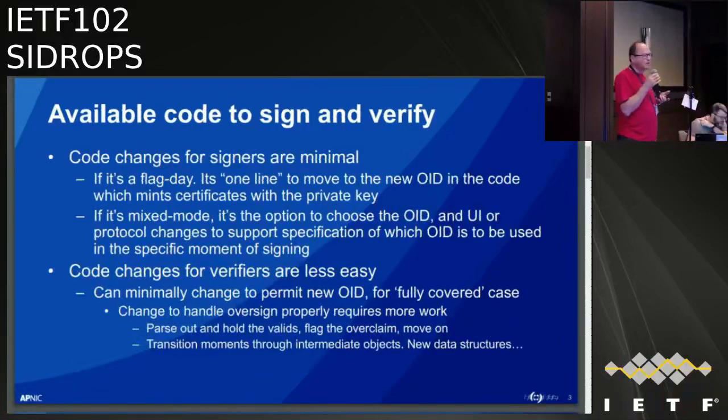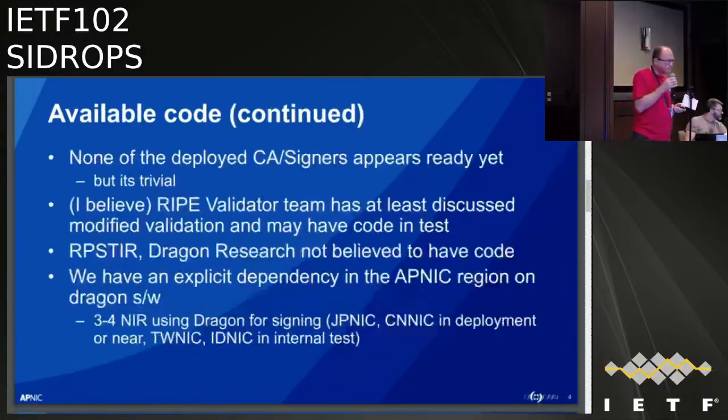But now we're saying, no, you have to go and get some malloc memory or some other space. You have to construct a tree of the things that are valid, hang on to the things that are invalid for error reporting, and carry on inside your recursing structure or whatever you're doing. You actually have to mint new data structures. So the burden of code construction to make a validator for the new model, we've got to accept that it's actually a bit higher. The principal point here is that we don't actually have anything deployed. Now, at some level, we think signers could probably deploy more rapidly, but the fact remains there aren't any.